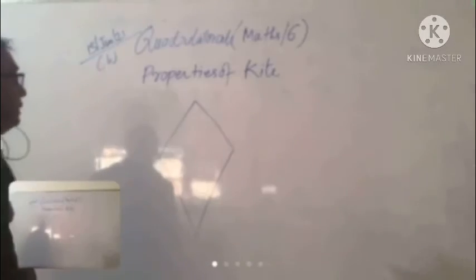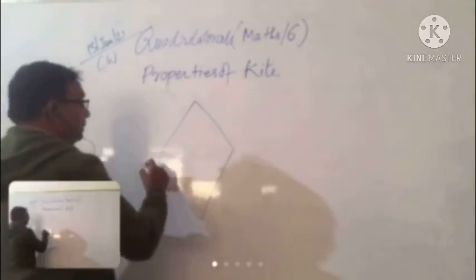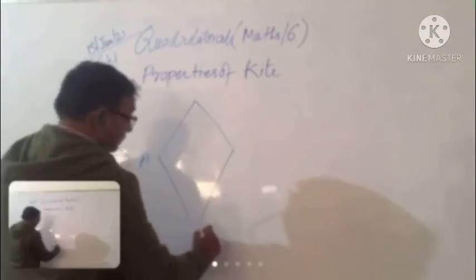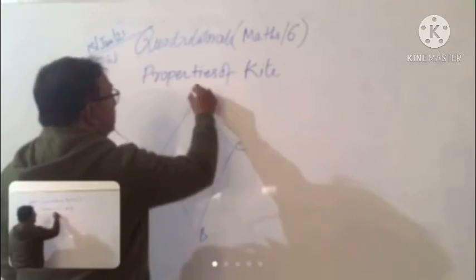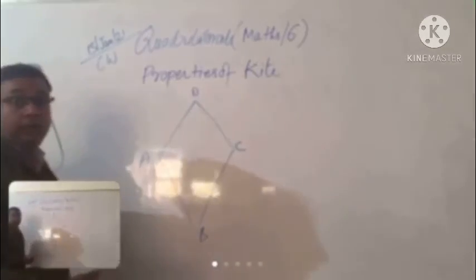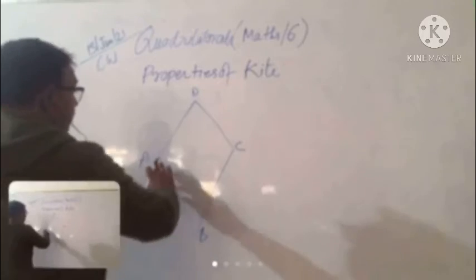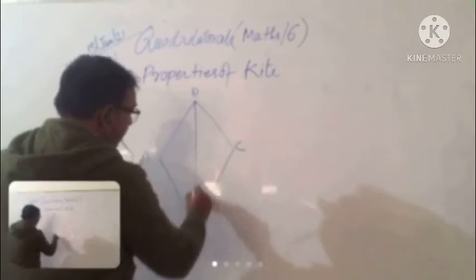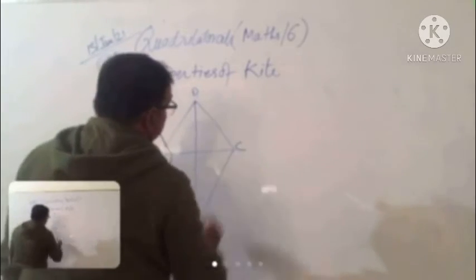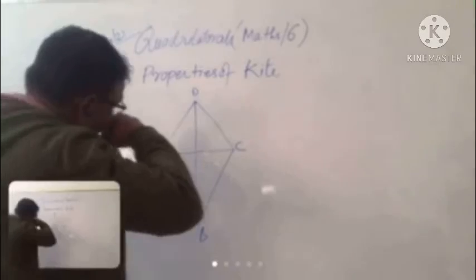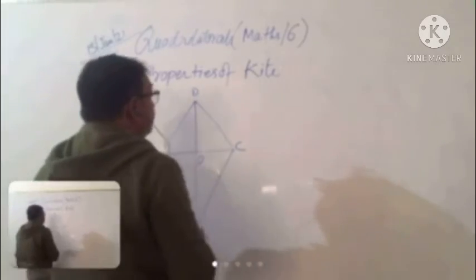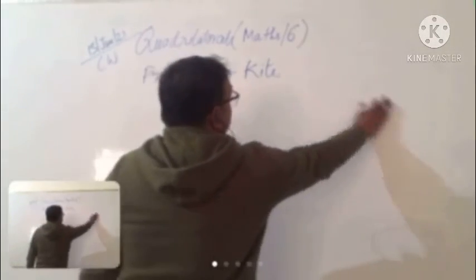Now the properties of a kite. Suppose this is a kite ABCD, and a kite is a quadrilateral. It is not a parallelogram. A kite is not a parallelogram. Please try to understand. A kite is a quadrilateral, but it is not a